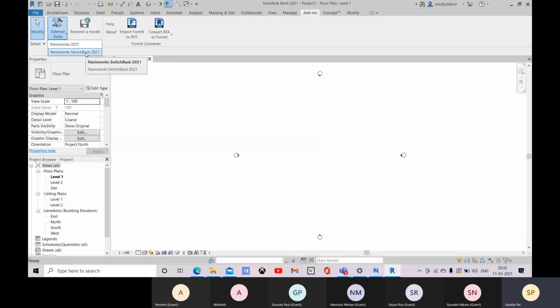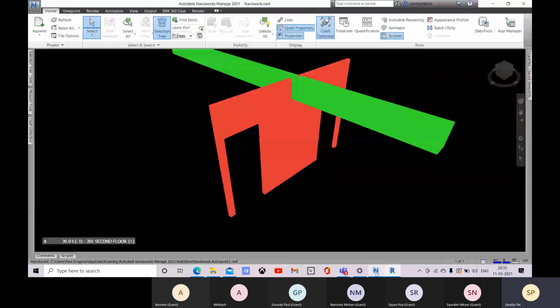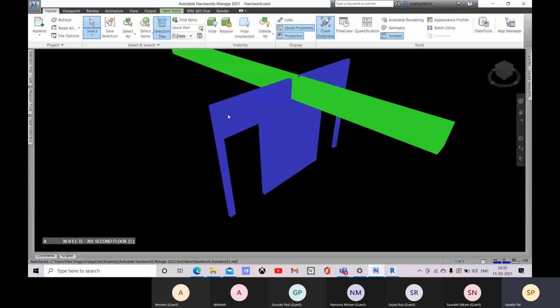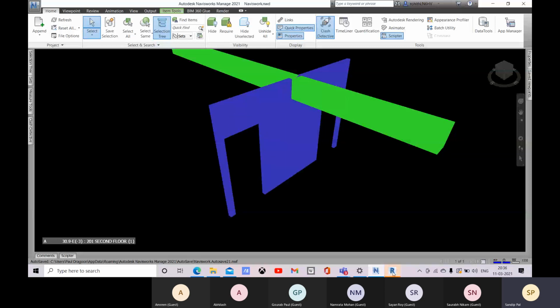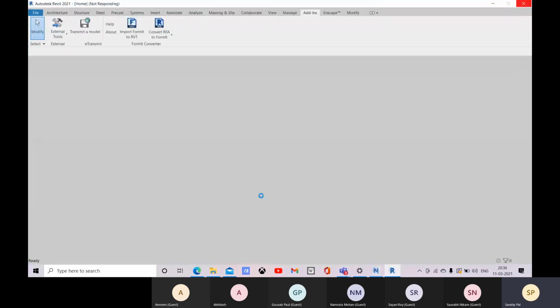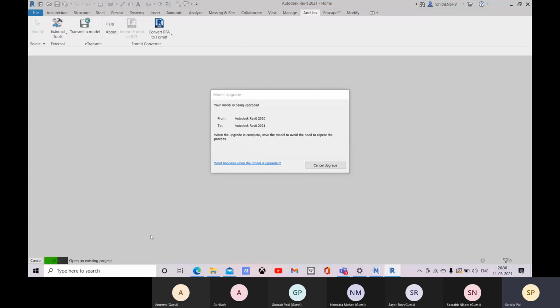Now this is the new file, so you have to click on this Navisworks Switchback 2021, and then you can close this again, and come to this Navisworks file, and there you can go for this switchback. Here you can see that this Revit work is being opened now. It will open up that file for you, and this will be upgraded.